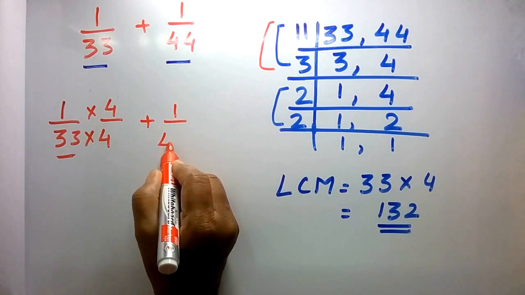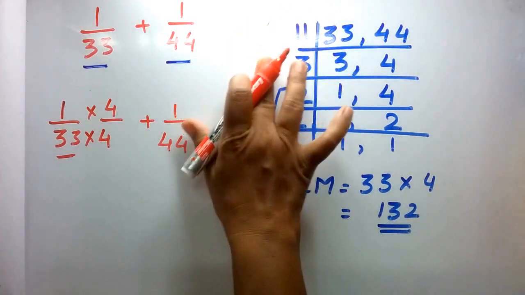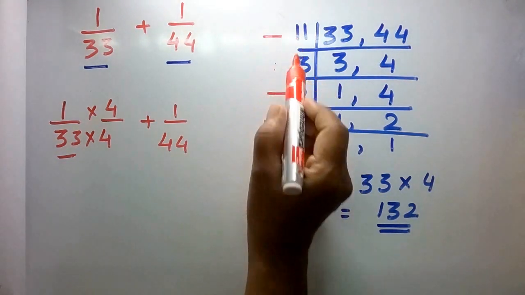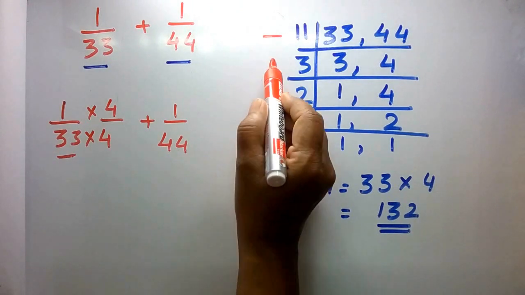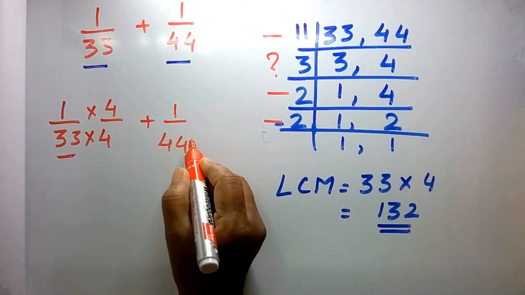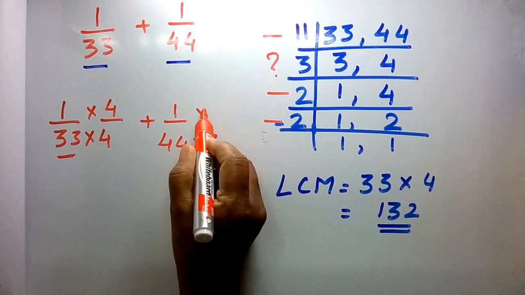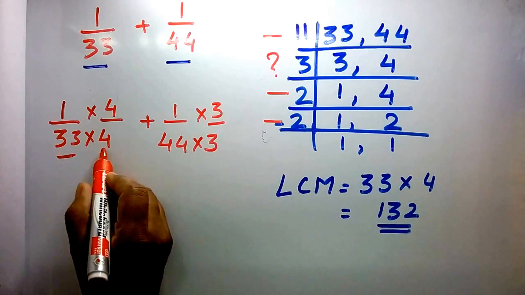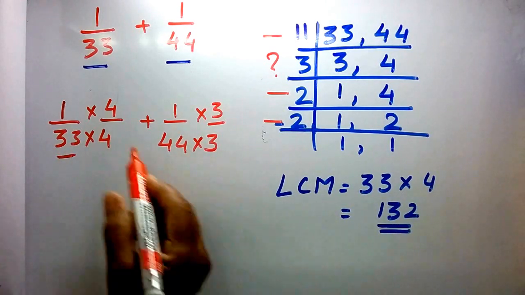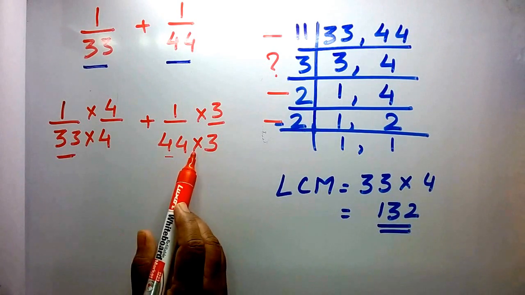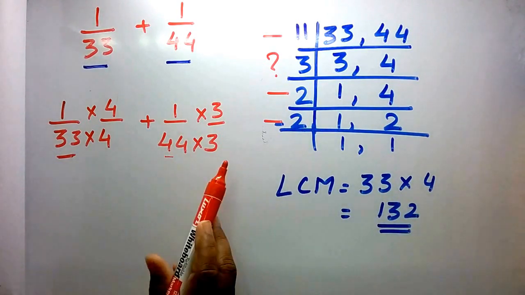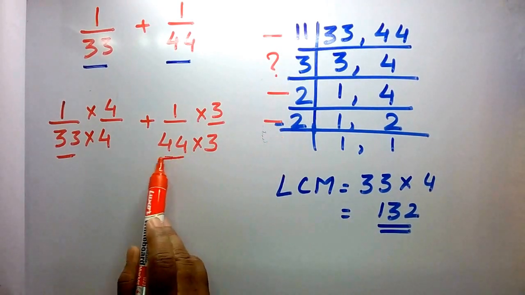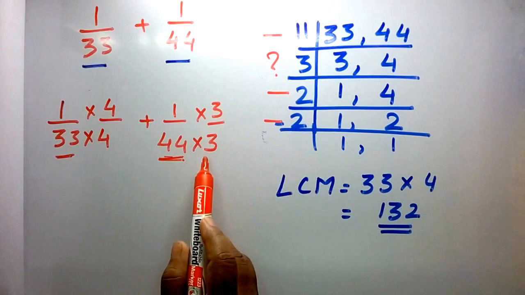Same thing you can see here. Here 1 upon 44. Select two numbers which are representing 44. That's 11 4s are 44. It is 11 into 2 into 2. That is 44. So what is left here? 3. So we are going to multiply both the numerator and denominator by 3, and 44 into 3 will be 132. 33 into 4 will be 132. So it will be easy for you if you are doing it in this method. You don't have to divide or do any other things. Like 11 4s are 44, remove all those numbers which are already present here and select only which is left.